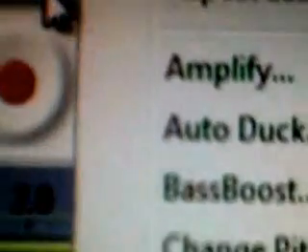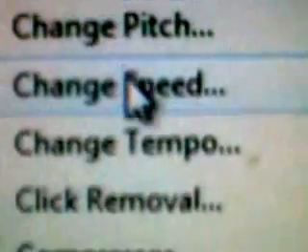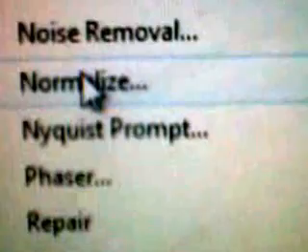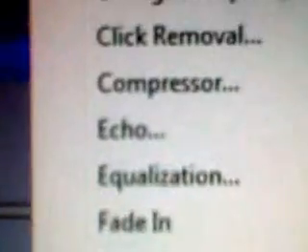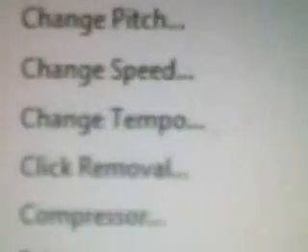to where it says Effect, and then you see you have all these: bass boost, change speed, tempo, click removal, compressor, EQ, echo, noise normalize, noise removal, so on and so forth, wah-wah filter. So suppose, for instance, I want to put an effect on it, if I wanted to change